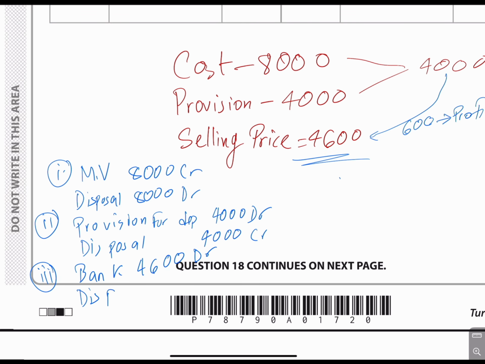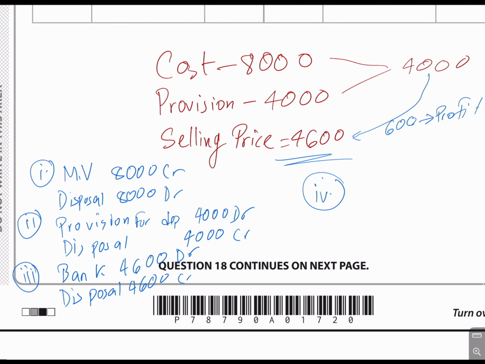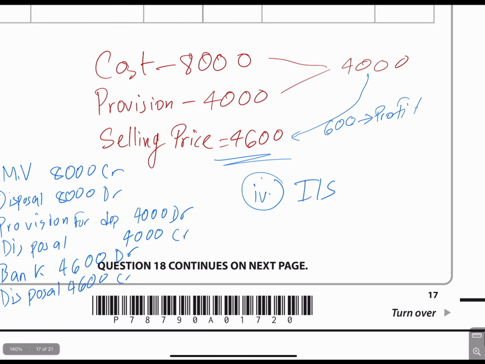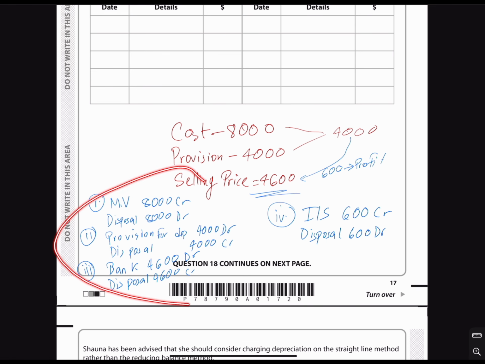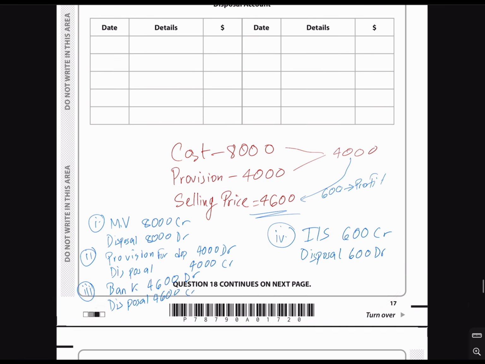Balance it with disposal. If you like journals, you might like this as well. Number 4, as we have gained, our income statement will be credited, balance it with disposal. Now, is this mandatory? No, I'm just showing this to elaborate it more, to show the journal entries for this